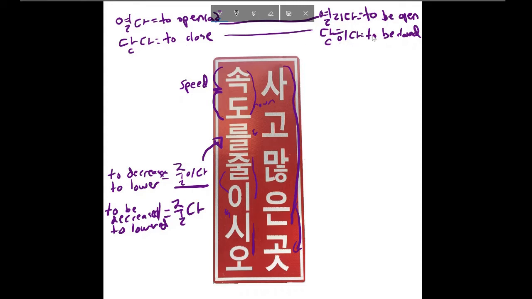You have an active form of the verb, and you have a passive form of the verb. Now the active form of the verb, as we see here, can act on an object. And when I say object, I mean literally, if you're talking about Korean grammar, something that has 을 or 를 on it. So for example, if I wanted to use these two active verbs here, I could say,